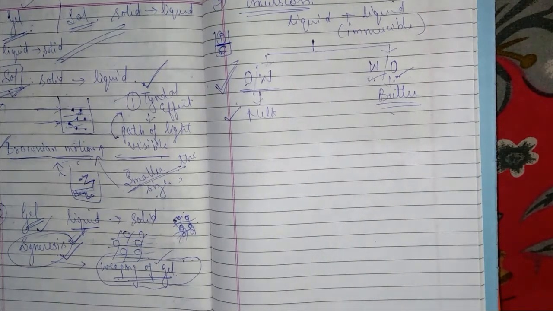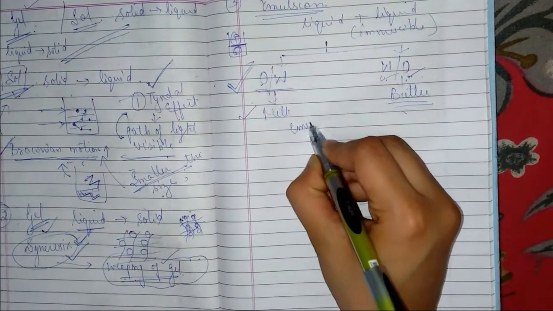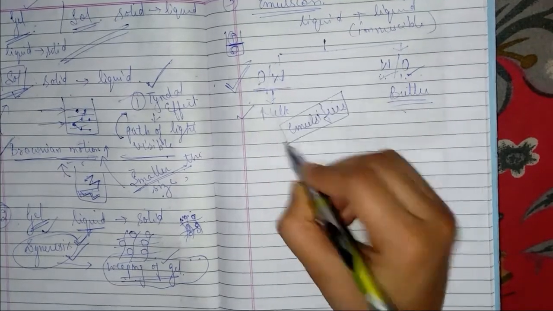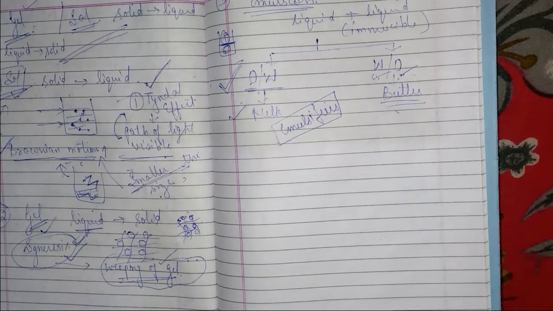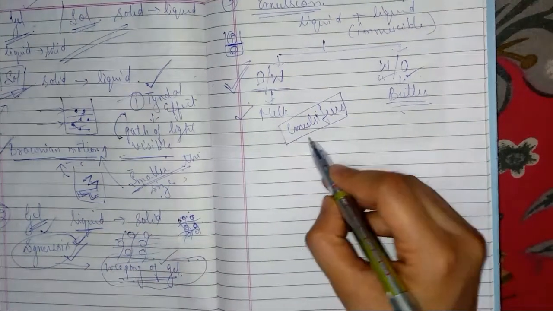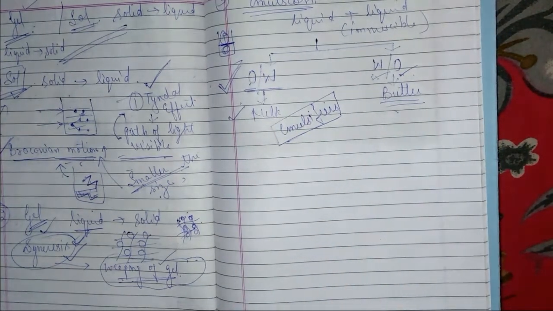For this purpose, there are many additives which are known as emulsifiers. About these emulsifiers, how they work, what their mechanism is, and how they actually help in the stabilization of emulsions, we will be discussing all of this in detail in food additives. So for now, just remember that emulsifiers are used as stabilizers for emulsion.